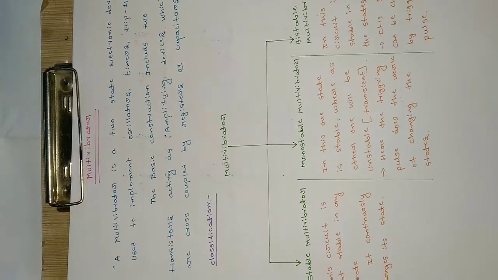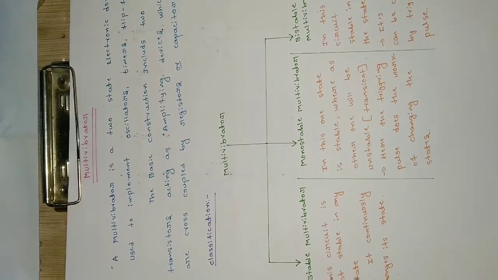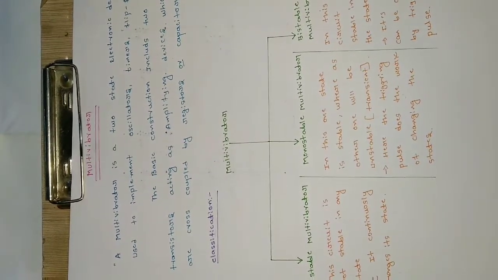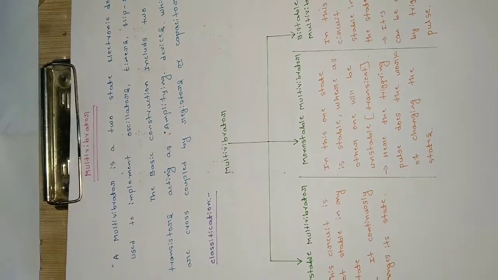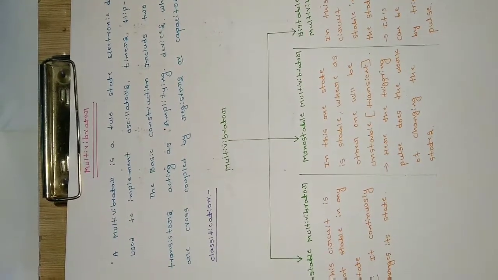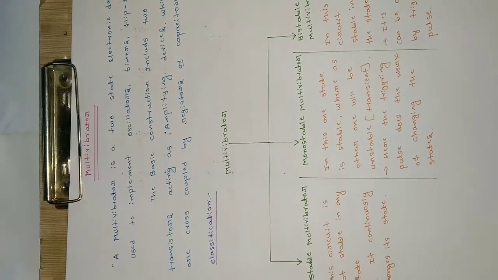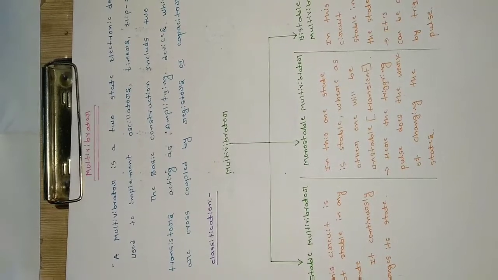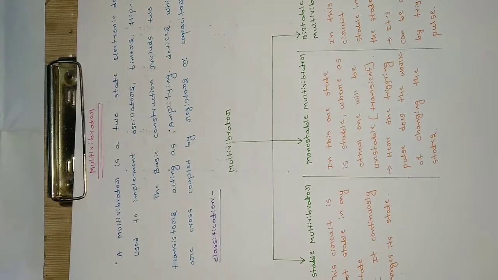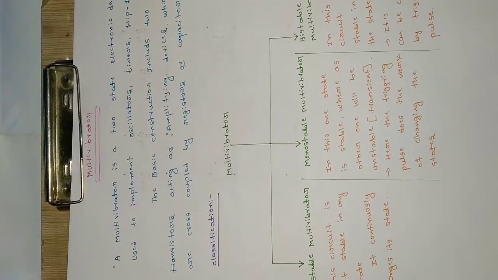That is the first criterion, and the second criterion concerns the outputs of the transistors. We will be using two transistors in any of the multivibrators, either astable, monostable, or bistable. The output of each transistor should be 180 degrees out of phase with respect to the other, which indicates only one of them will be on at a time. We will see that in our further discussion. For now, just understand that a multivibrator is an important component which has either one or two stable states, and it is mainly used in oscillators, flip-flops, and other electronic circuits.